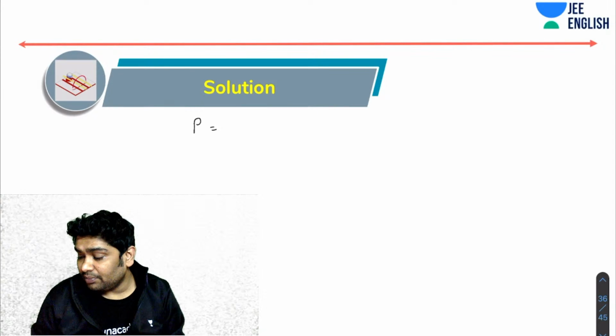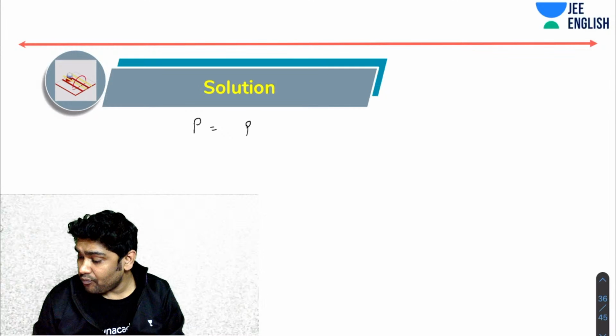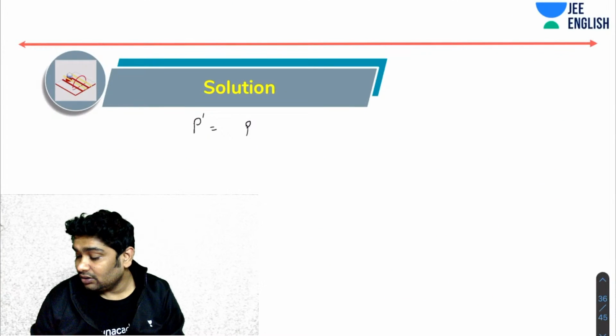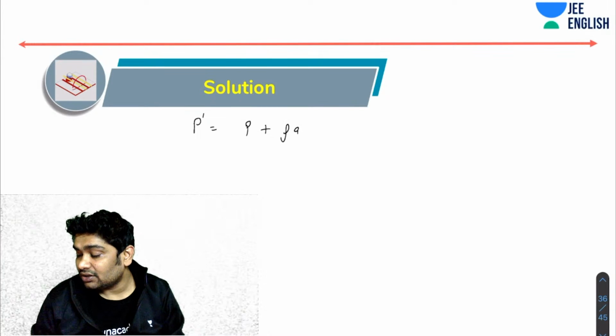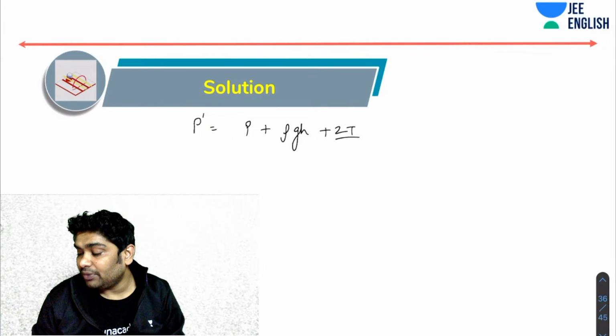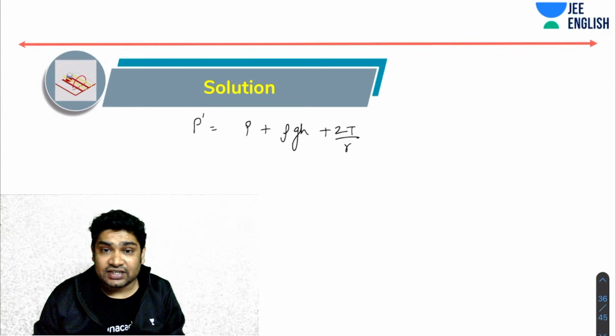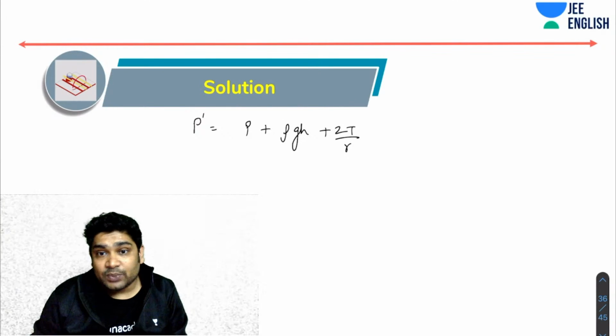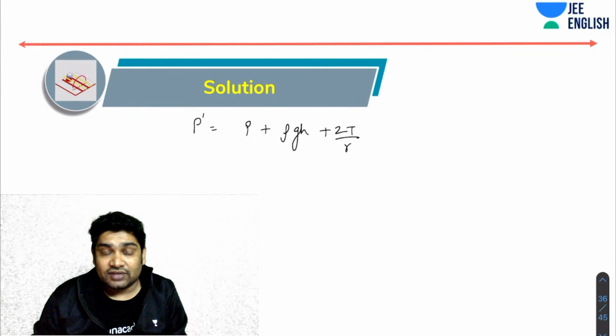P would be P atm, which is P dash बोल देते हैं, P plus ρgh plus 2T/R. प्लीज नोट 2T/R क्यों, एक ही फ्री सरफेस है इसलिए, एक ही फ्री सरफेस है इसलिए। ठीक है,